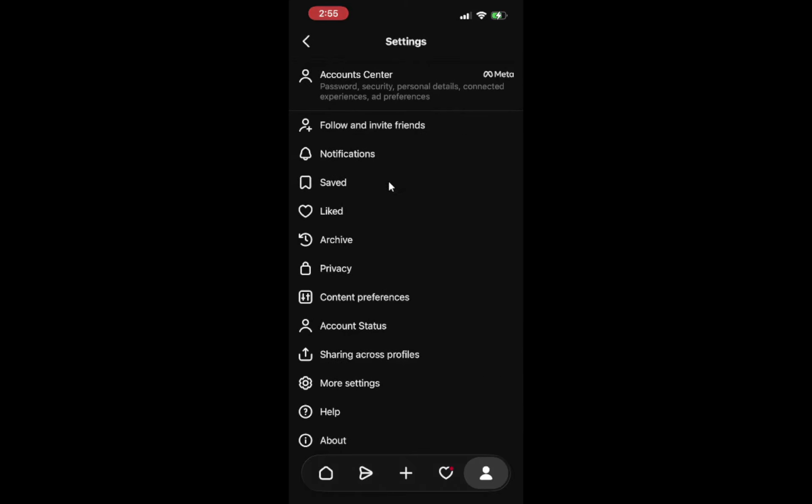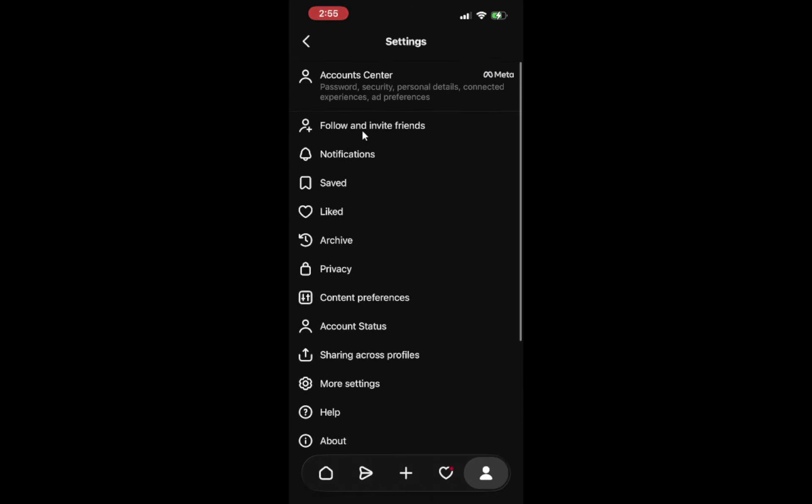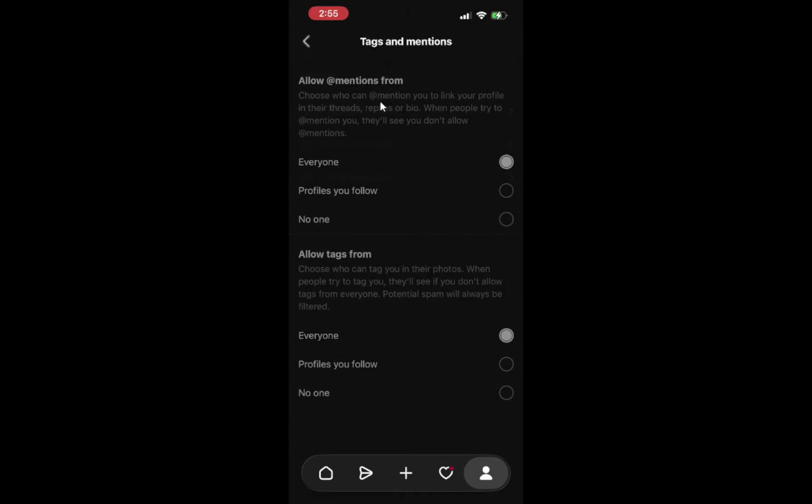Next, let us control who can mention you. Go to Profile, then the menu icon, then Privacy, then Mentions. This Mentions page decides which accounts are allowed to tag your username inside their posts or replies. Limiting this can cut down on unwanted attention. You can choose who is allowed to mention you, such as everyone, profiles you follow, or no one. Pick the level that matches how open you want to be to public conversations.